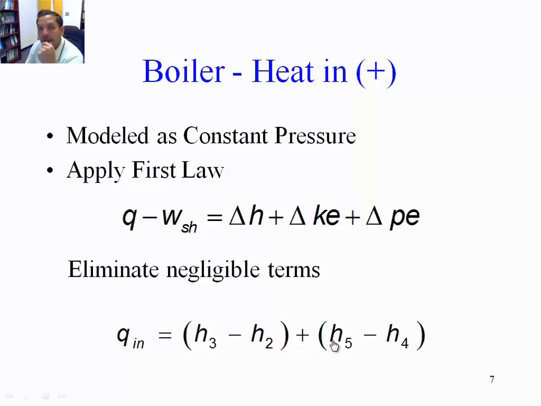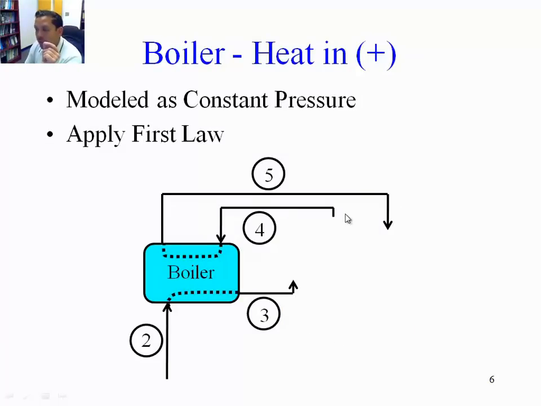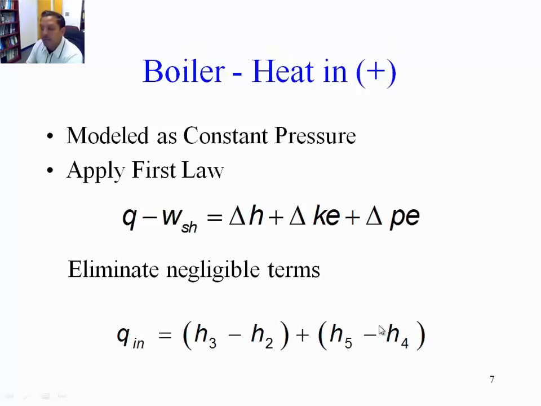So it's a change in enthalpy from point 2 to point 3, and the change in enthalpy from point 4 to point 5. Since it is the same mass flow rate that goes from 2 to 3 as goes from 4 to 5, because remember, this is going through a turbine, and we're extracting all of the steam out of the turbine and passing it again through the boiler. So the mass flow rate from 2 to 3 is exactly the same as the mass flow rate from 4 to 5. We've divided everything by mass flow rate and left these in specific form. So this is the Qn. This is what goes in the denominator of the efficiency. Now notice this Qn is larger than before,